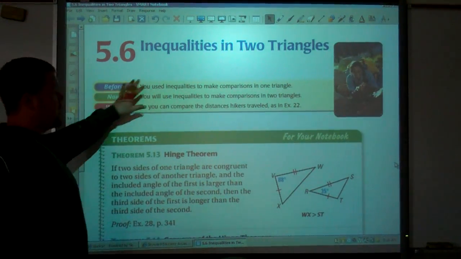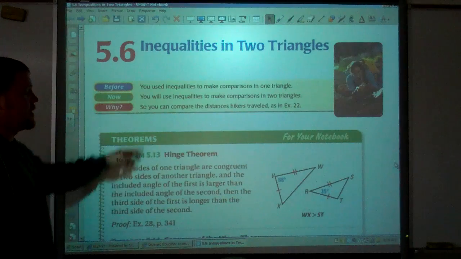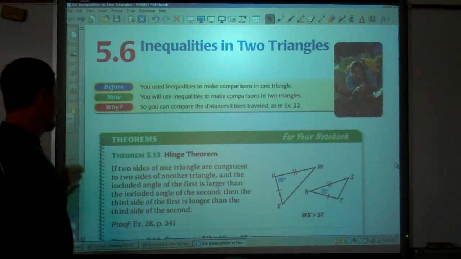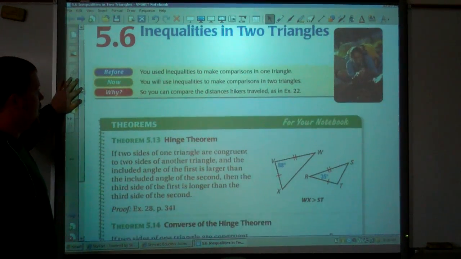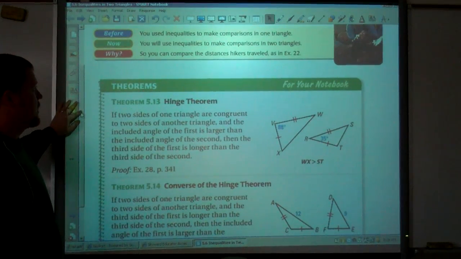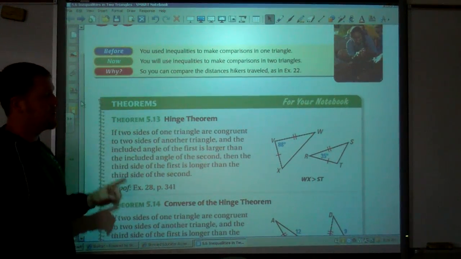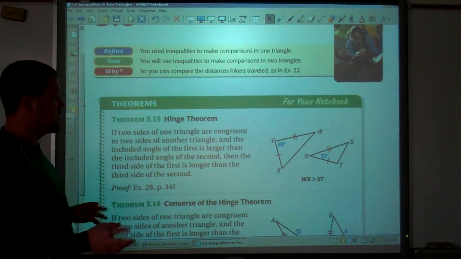Today we are talking about inequalities in two triangles. And again, inequality, things that are not equal. Okay? Now, we just got done talking about inequalities in one triangle, now we're talking about inequalities in two separate